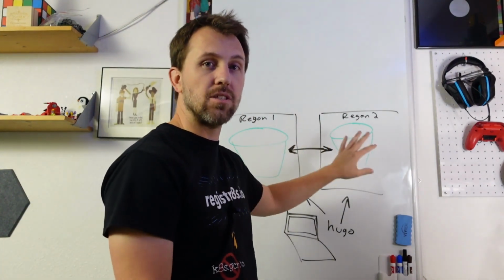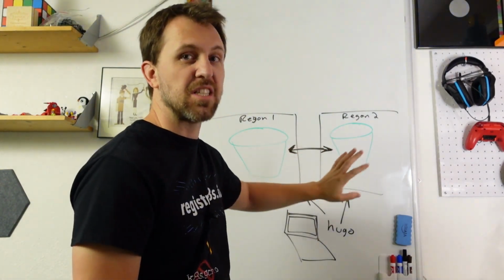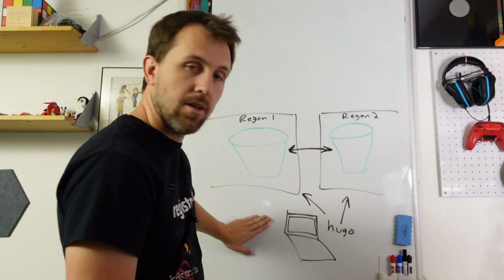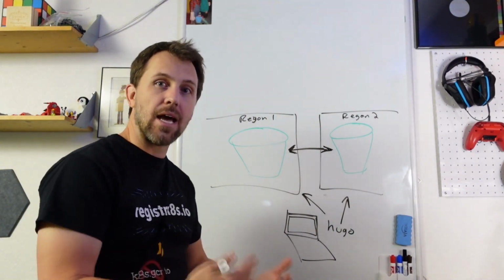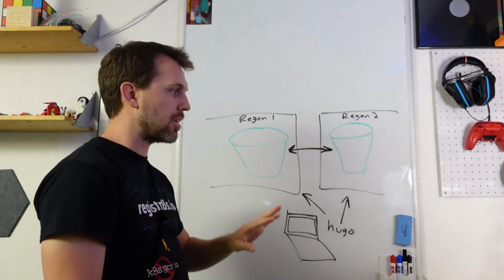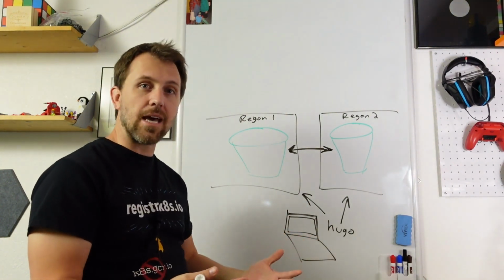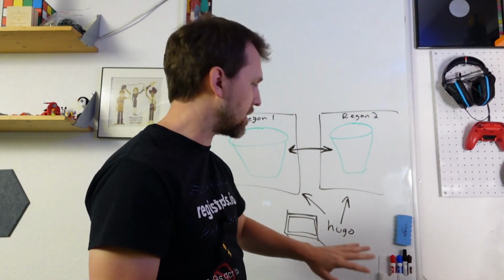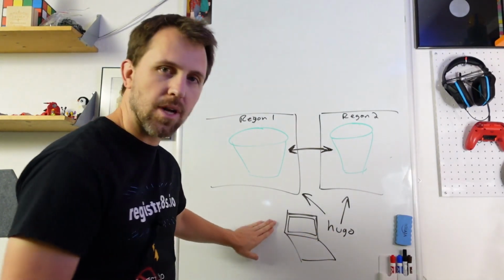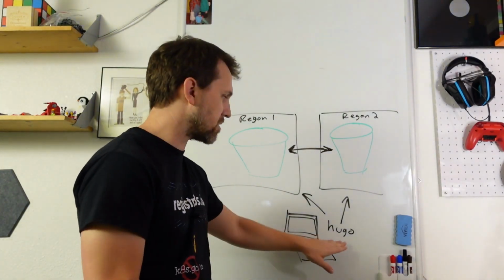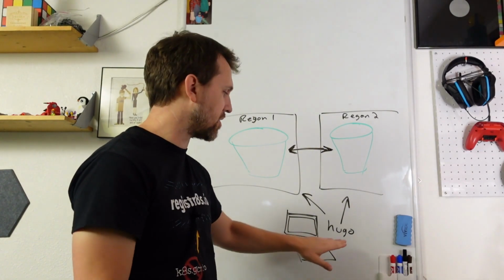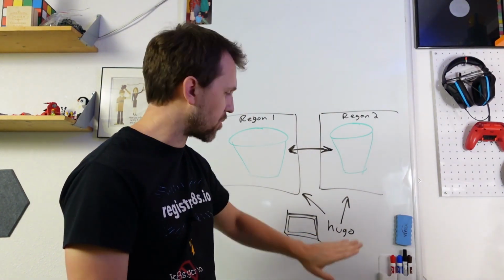If replication breaks for some reason, it's not actually a big deal. Developer laptop. Let's say we have an outage. We know the outage is happening. We're using Hugo to generate a static site. This is just going into the buckets. This command line and this laptop doesn't need anything. This is a Git repo. Any engineer can check it out and run this with the correct permissions to write.